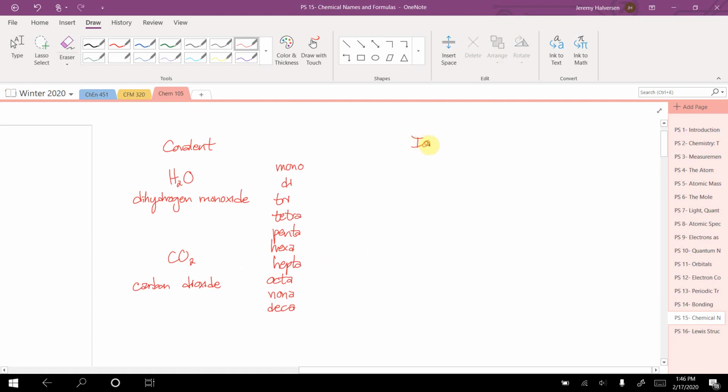Now ionic. Ionic is a little bit more complicated, or it could be simpler depending on the way you think about it. If I have NaCl, that's a sodium ion with a chloride ion, so we call it sodium chloride. Now that probably seems simpler than having to say sodium monochloride like you would if it was covalent. And the reason we can just say sodium chloride is because we know, based on the periodic table,